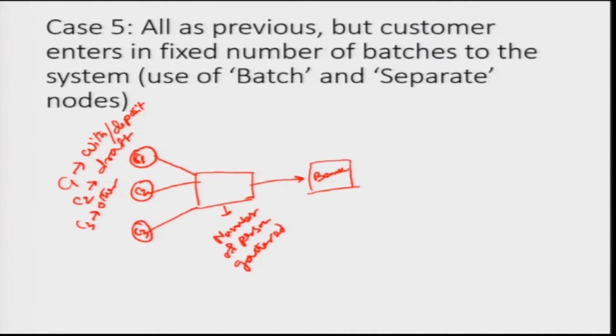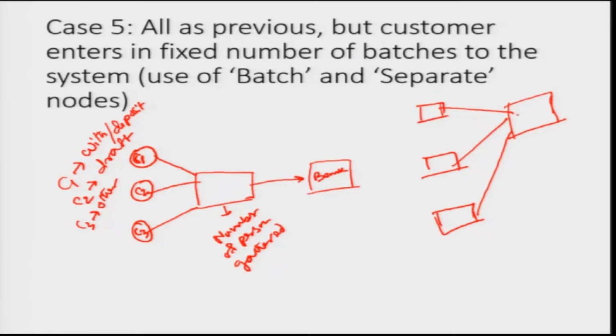Okay. So, basically this batch node is used in process industries where you need to make, for example, assemblies and other things. Say there are several parts that are processed from different process flows, and then they need to be joined. Under this kind of scenario, we use this batch node.